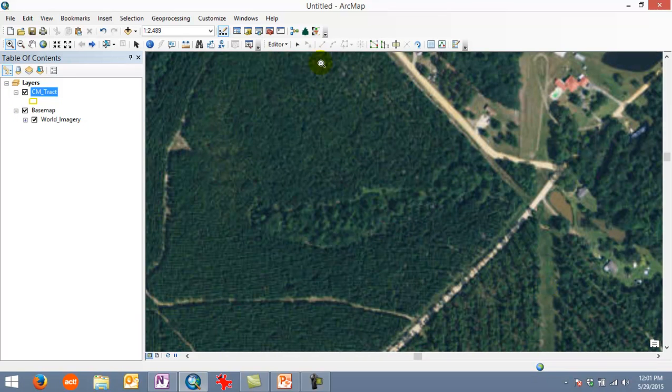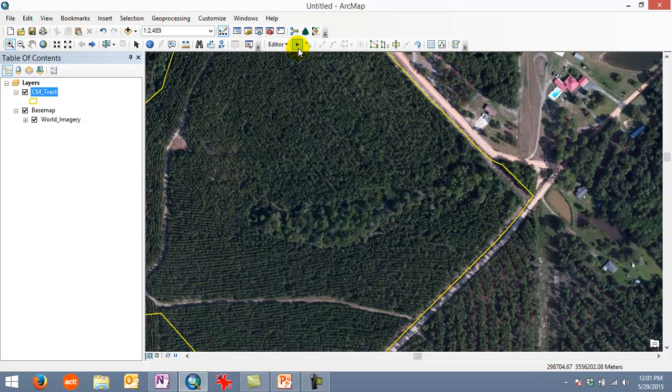And then I'm going to grab the select tool to actually select the polygon we're going to cut from, and you'll see how it turns blue right there. And then I'm going to grab the Cut Polygon tool, and just like we did before, I'm going to start outside the polygon. I'm going to come in here and rough this in